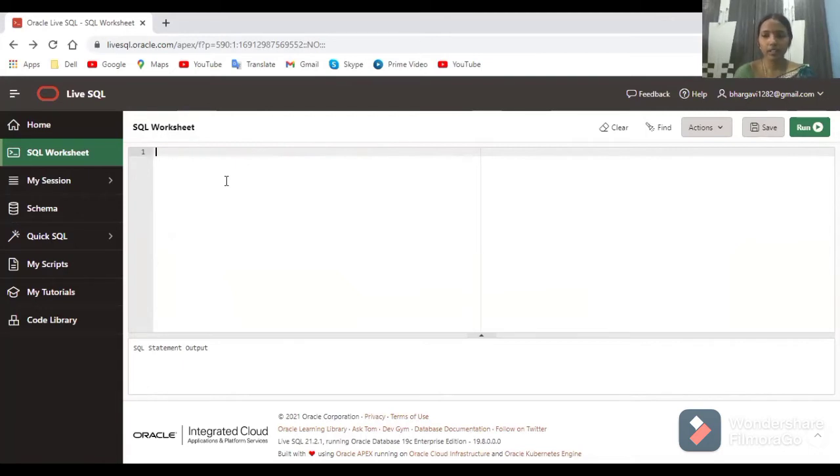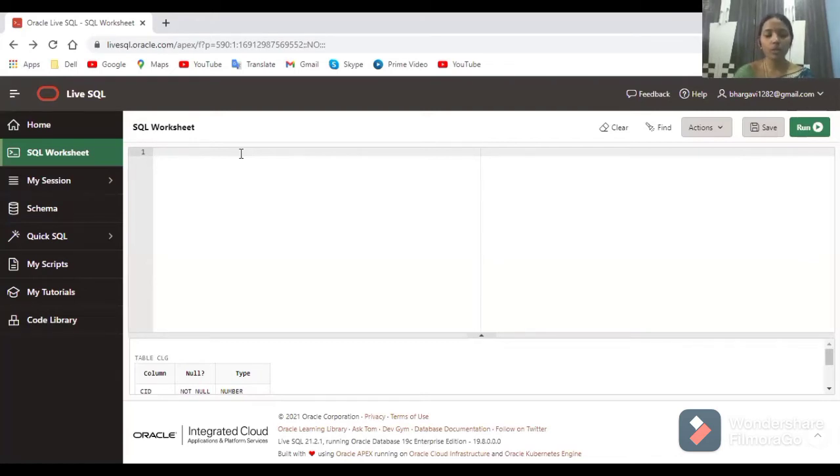Now we have a college table. In the college table, we have college ID, not null, college name, college address. Only three columns I have. Now I want to add a new column, college phone number. For every college there will be a landline, so I want to add a college landline number to the college table.